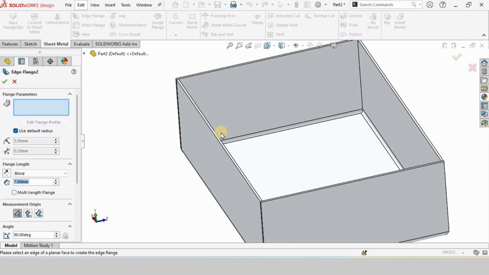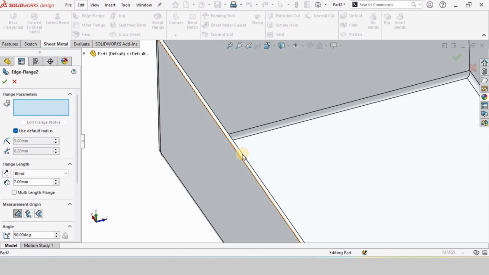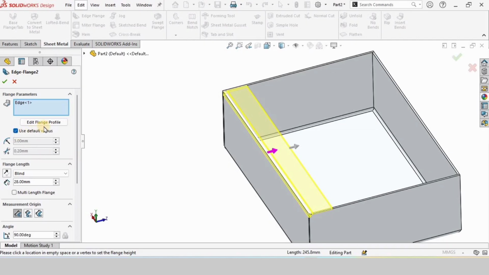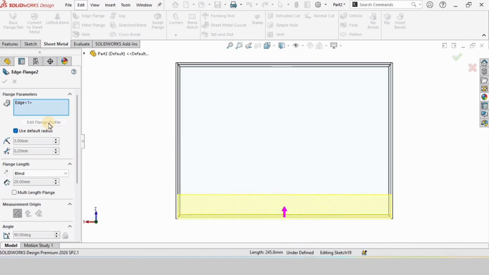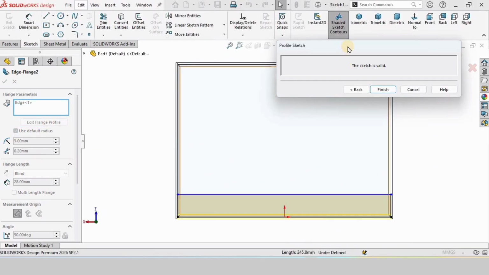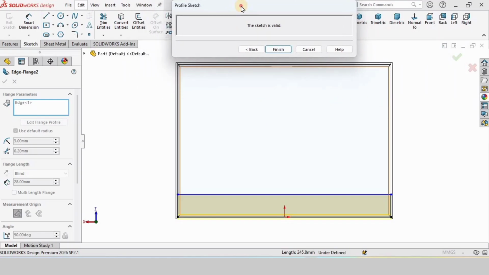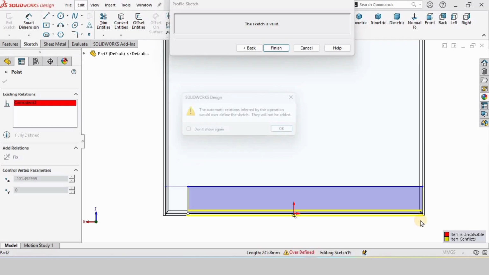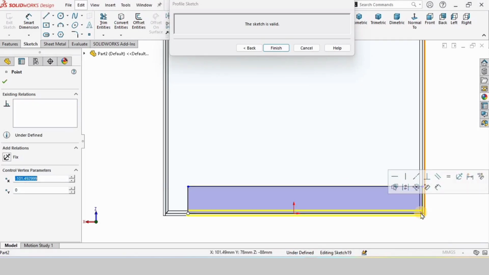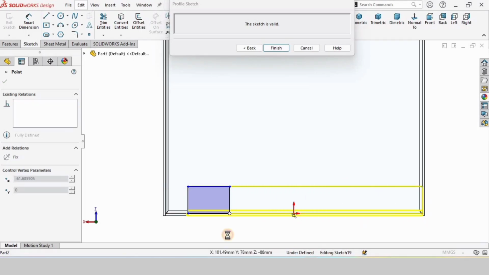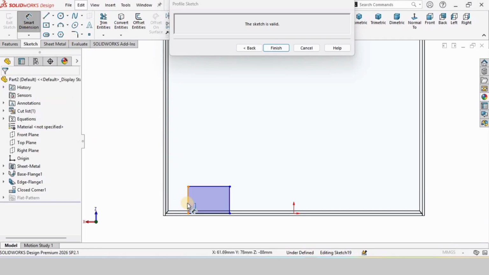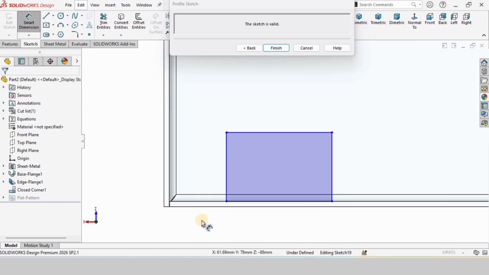Then select the edge flange again, and this time I will select this inner edge, and I will specify the inside direction, as you can see. Then I will select here this edit button. I will have this window pop up, so I will drag it up. Then you need to drag this sketch like this, click OK button, and drag from this point. Okay, after that I will specify the dimension. So select the smart dimensioning tool and specify